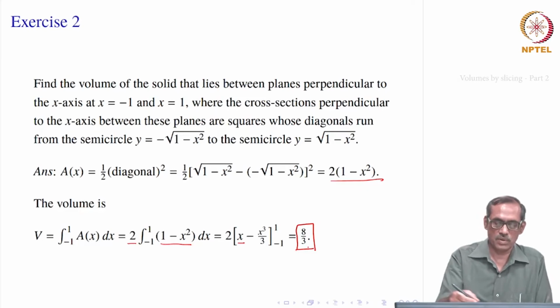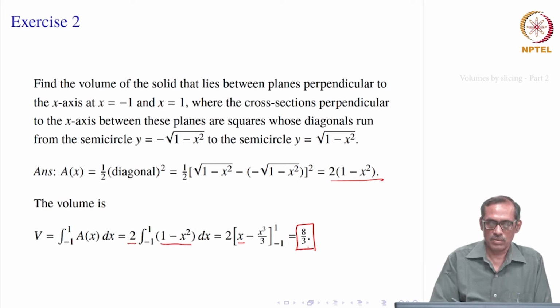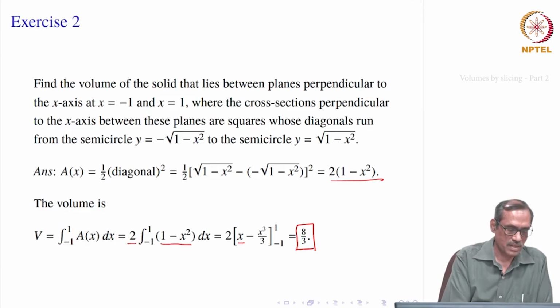So, here of course, the problem itself simplifies a lot for us. We have not even found out the picture, nothing. We just look at what will be the diameter or the diagonal of that square, which is the cross section. Since everything is given in the problem, we did not have the need to plot it, and that became easier. Okay. So, let us take another problem.